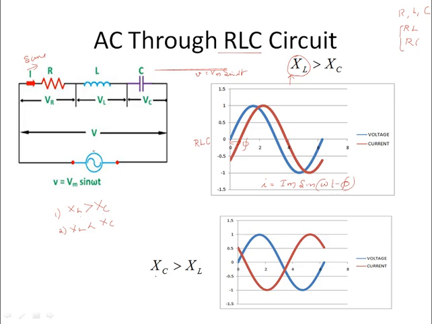Again, if I take another RLC circuit with a higher capacitance value, the voltage equation is the same as earlier, whereas the current will be, see, this leading current. This is a leading current. So current will be equal to, so this is the leading point, so this much angle will be phi, so Im into sin of omega t plus phi. I should write omega t plus phi. That is more or less capacitive in nature. So this is AC through RLC circuit.